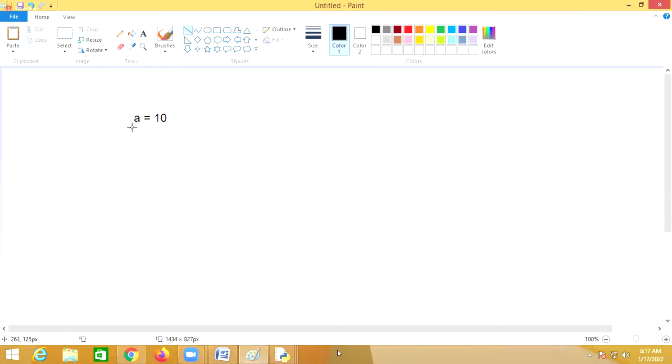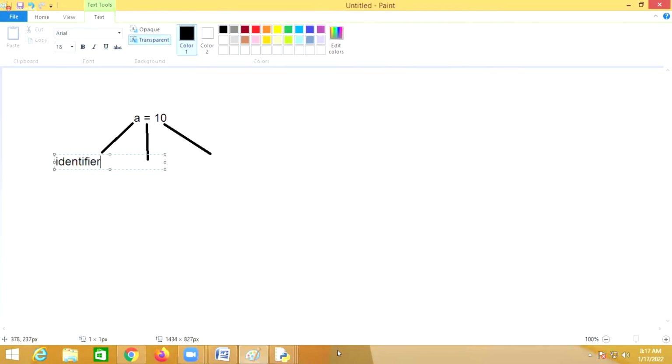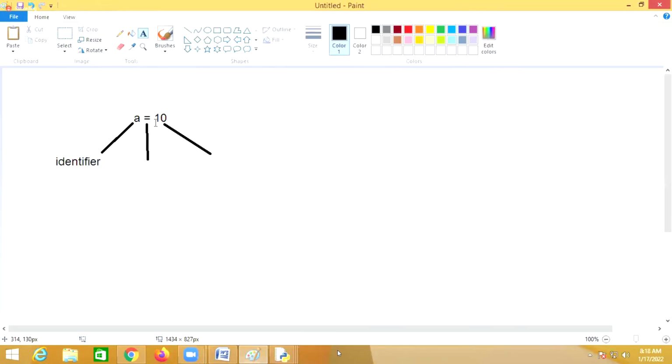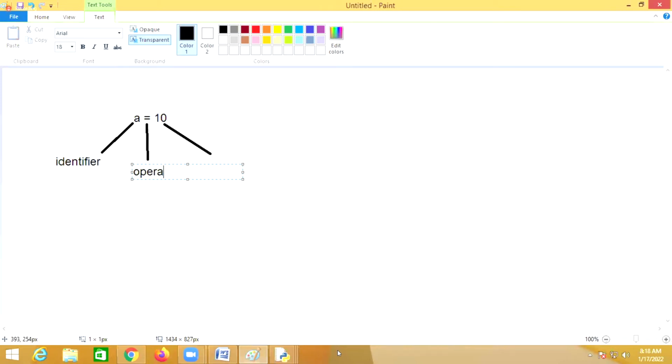Here, a is one token, equal is one token, and 10 is also one token. Generally a is the token which is called an identifier. Here 10 is identified with one name. What is the name of this 10 here? a. So a is called an identifier. And there is equal. Equal is called an operator here.